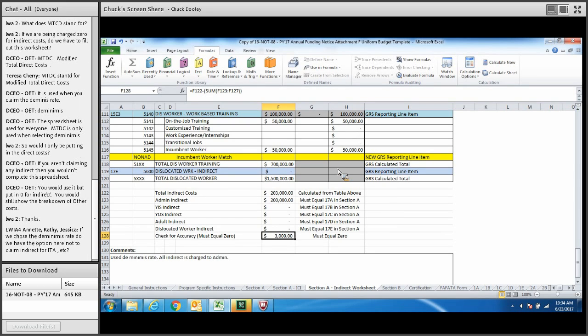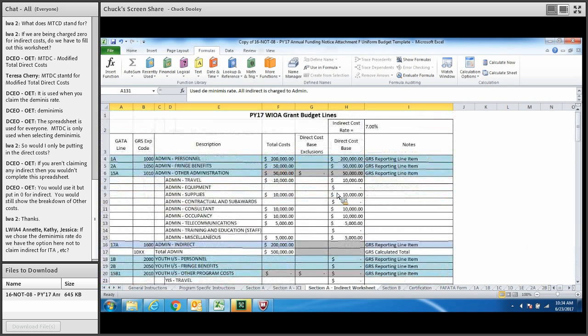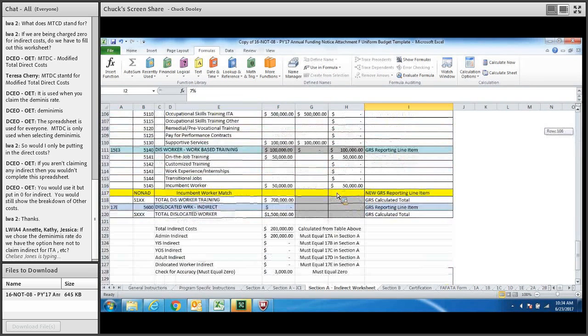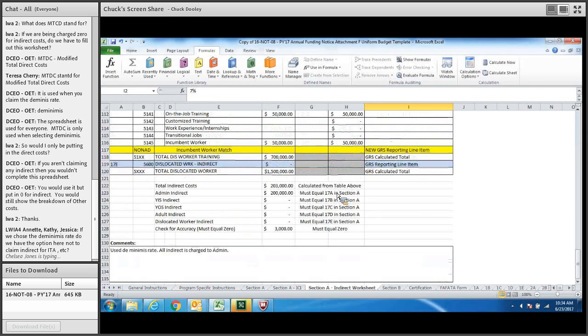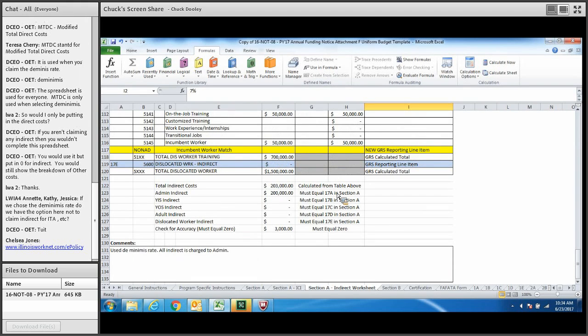And the general instructions will address Section A, Section C, and Section B. The program-specific instructions will address Section D, which is the WIOA funding template, and the Section A indirect cost worksheet. So if you have any questions, you can give me a call or you can refer to the instructions. And